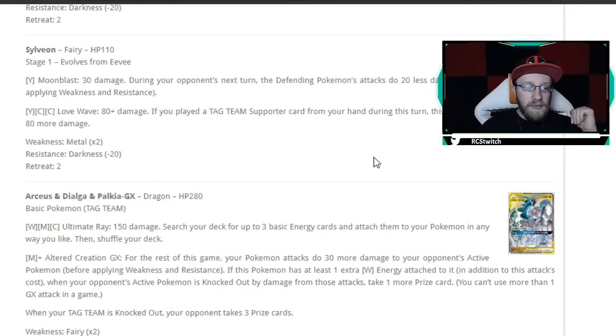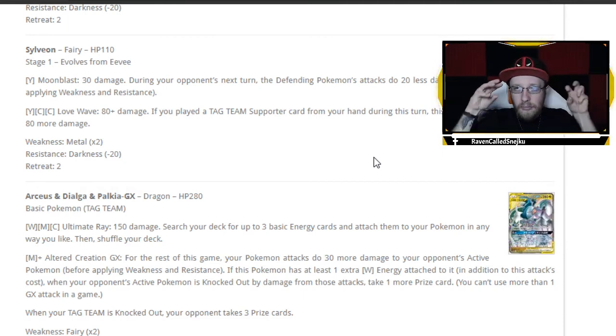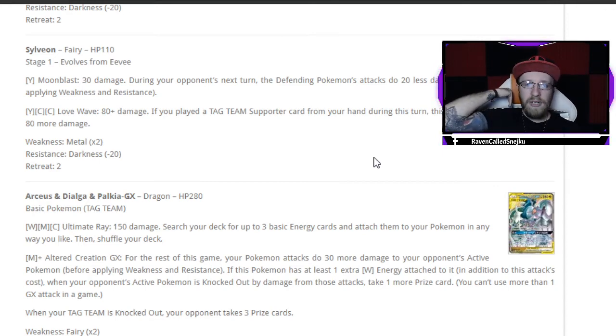But let's take a look. If you have at least 1 extra Water type energy attached to it, your opponent's Active Pokemon is Knocked Out. And if it's Knocked Out, wait. When your opponent's Active Pokemon is Knocked Out by damage from those attacks, you take 1 more Prize card. Okay, so for the rest of the game, you take more Prize cards for knocking out your opponent's Pokemon. So you just do this GX, scoop up back to your hand, and use other primary attackers, such as our next card,